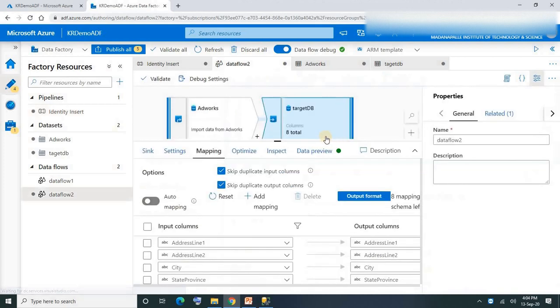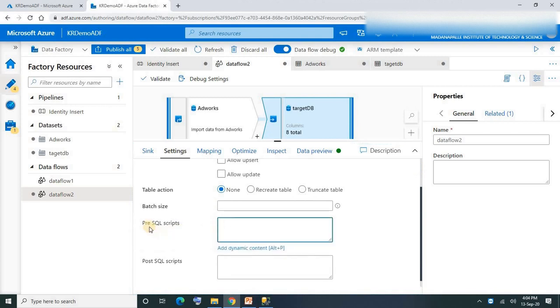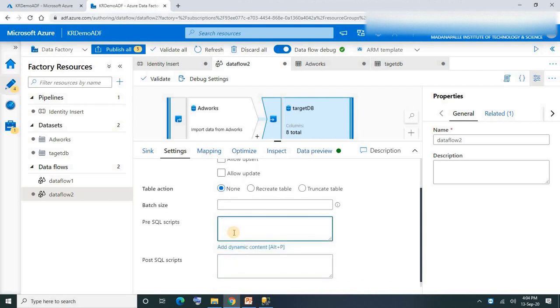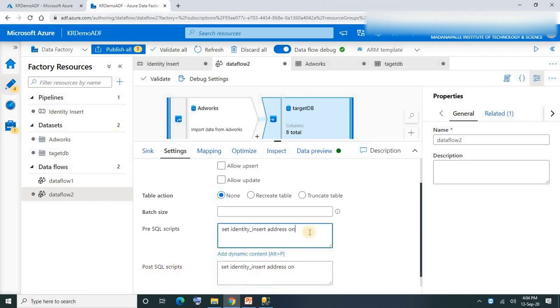Go to data flow, go all the way to sink dataset. Under sink dataset, go to settings. Under settings, if you go all the way down, you could see there are two options here, pre-SQL scripts and post-SQL scripts. Whatever action you want to perform before the data load, we can put that action here, and whatever action you want to perform after our data load, we can put that also under post-SQL scripts. If you say set identity insert on, that identity will be disabled, but it will be disabled